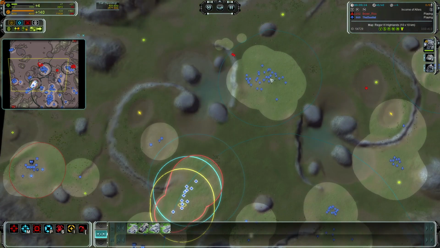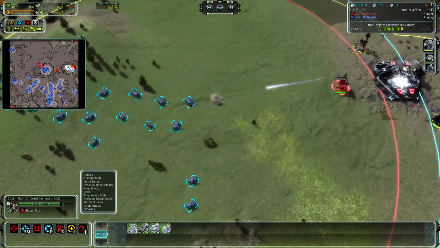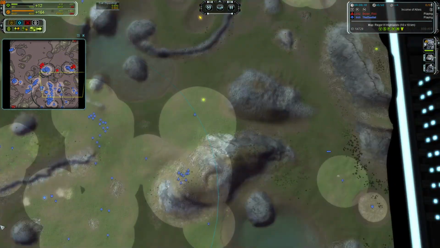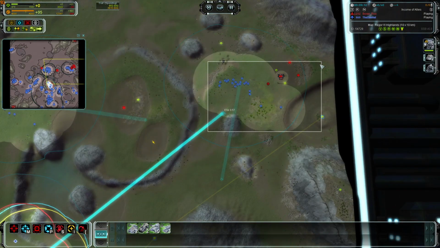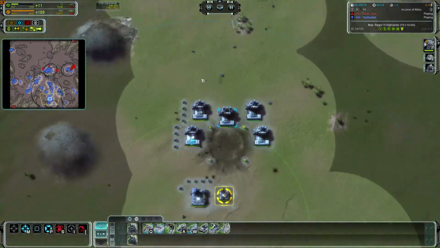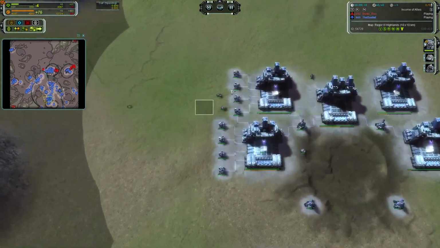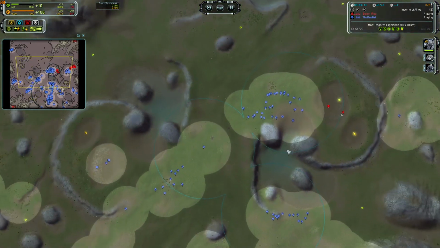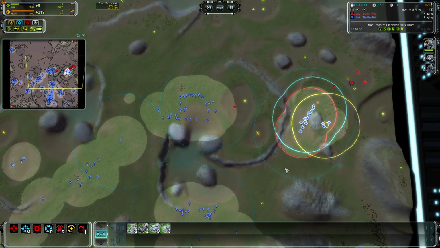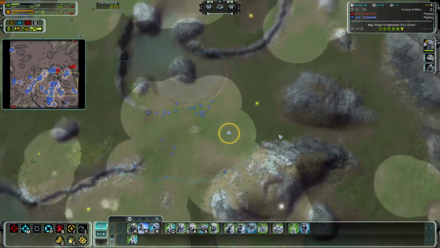Then move that army over there, cut off this little expansion point. Oh, he's up to my shenanigans. So you know what? You guys are going to come down here. We're going to try and go for the old pincer maneuver. Okay. Might be able to get his commander if...